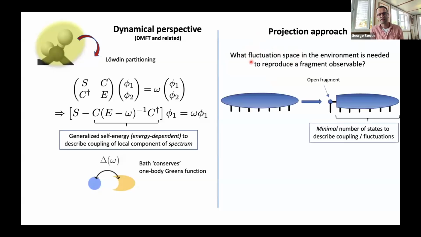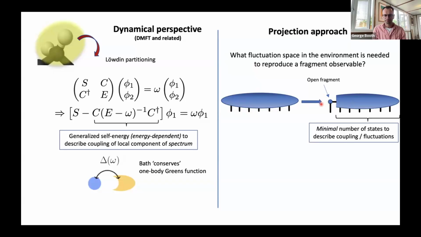And this is very related to the idea of things like Schmidt decompositions from, let's say, matrix product states or DMRG. The idea that you have a correlated state over an entire system, you pull out, let's say, a single degree of freedom. That's an open quantum fragment, and you can perform a Schmidt decomposition, and that isolates then a number of states in the environment, the minimal number of states in the environment that you need in order to describe the coupling of that open fragment to the environment at a given level of theory. So in DMRG or something like that, that would be the kind of n-body density matrix that you're conserving